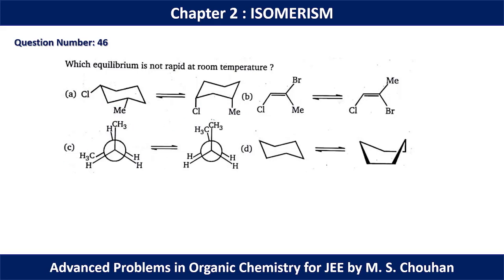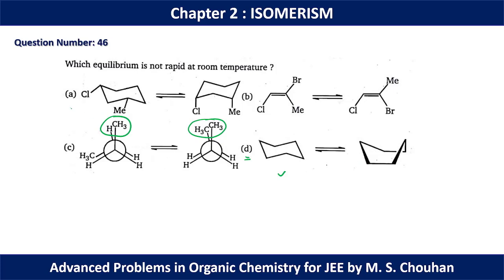In C we have two methyl groups present in the same situation. This is a perfect eclipse position. So in this case the product is much more unstable, because here we have an eclipse position, but this is not a perfect eclipse, it is a partial eclipse position. Between perfect and partial eclipse, the perfect or fully eclipsed is the more unstable situation. That's why in molecule C the product is unstable, so the equilibrium is not rapid. In D we have chair form and boat form. As we know, chair form is much more stable than boat form, so again the product is unstable.